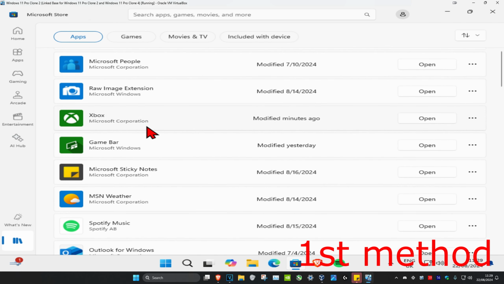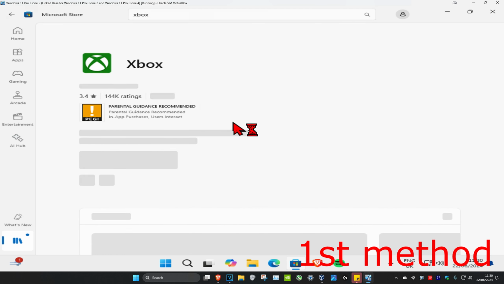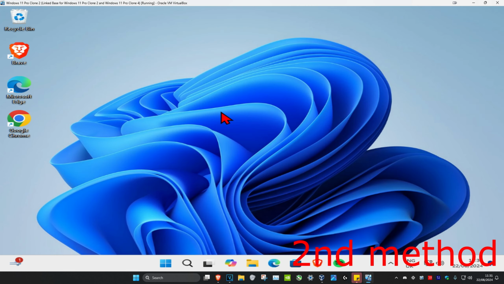update. If you do not see anything here, you also want to search for Xbox. Click on it. And if it has an update here as well, you could also click on update, if it has one. If that's still not working for the second method, you want to head over to search and type